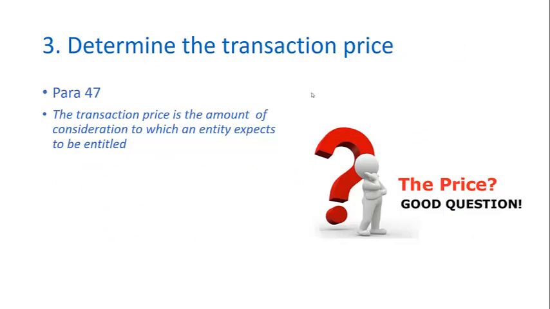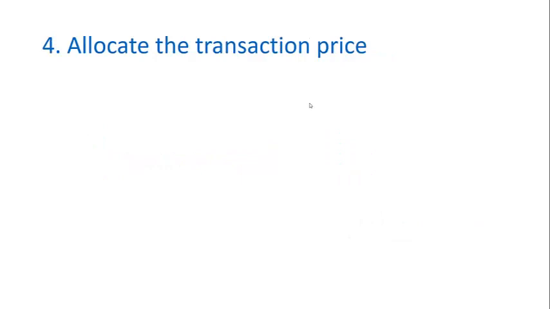The next step is to determine the transaction price. This is the amount that the transaction is to be recognised at. And whilst this might normally seem to be a pretty straightforward process, it can be complicated. For example, there might be variable consideration, and likewise there might also be a significant financing component to the transaction where you have deferred consideration, and payments may not be required immediately and may be deferred or staggered over a 1 or 2 year period. In these circumstances, you need to recognise that money has a time value, and it's going to be a discounting